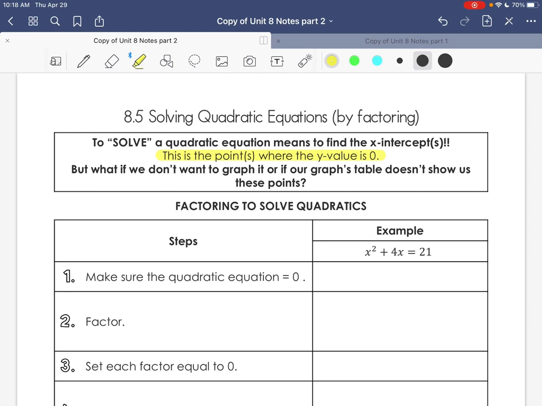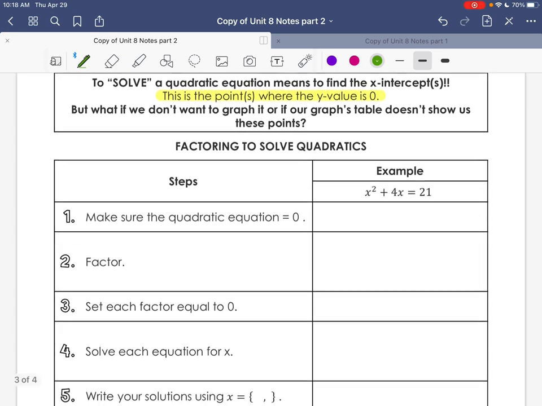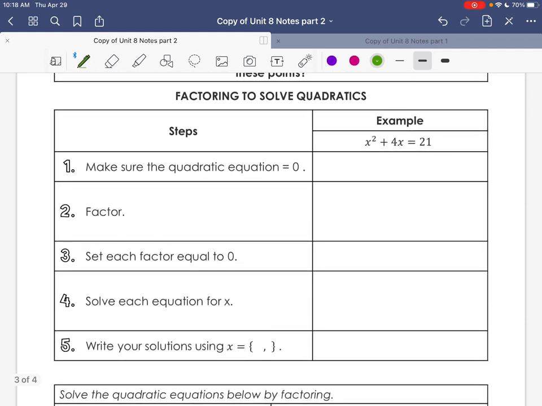But what if we don't want to graph it, or if our graph's table doesn't show us these points? Maybe they're fractions, maybe it's just not going to be easy to graph because the numbers are really spread out. There are other options. So one of those options is factoring to solve